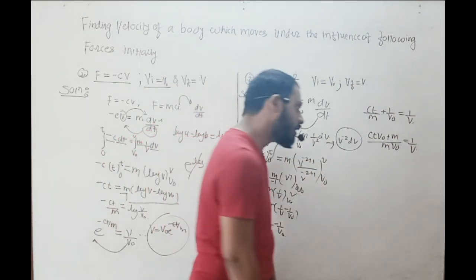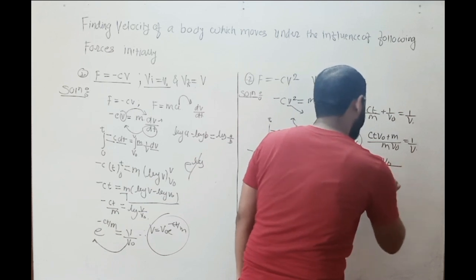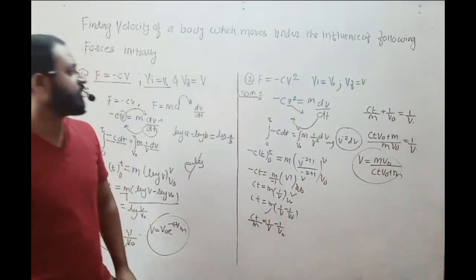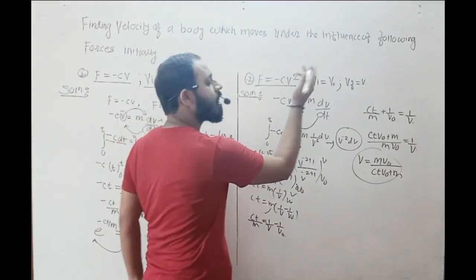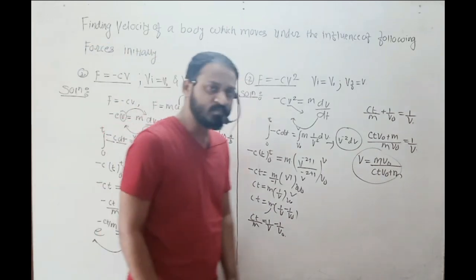Velocity. Then make a reciprocal. Therefore v = m v0/(Ct v0 + m). This is your velocity for this force. Simple question. Now